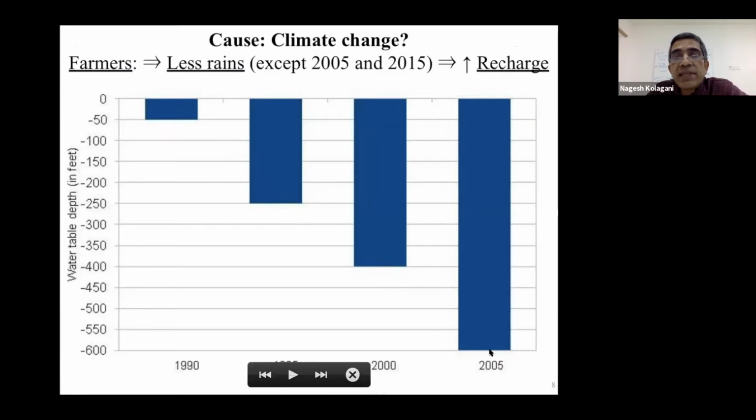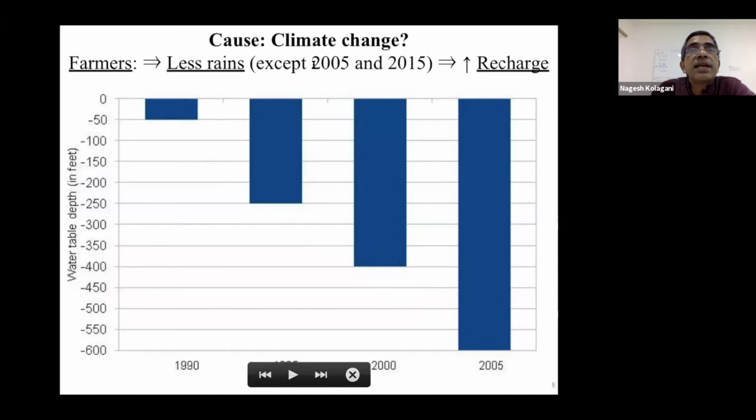So you can drill as deep as you want. You only get rock powder. You don't get water anymore. Okay. Now you go to farmers and ask them, they know all this data. They are very smart and quite data savvy also. Now you ask them, they say less rains. It seems reasonably intuitive, except that during the 90s, 92, 96, 98, there were good rain years.